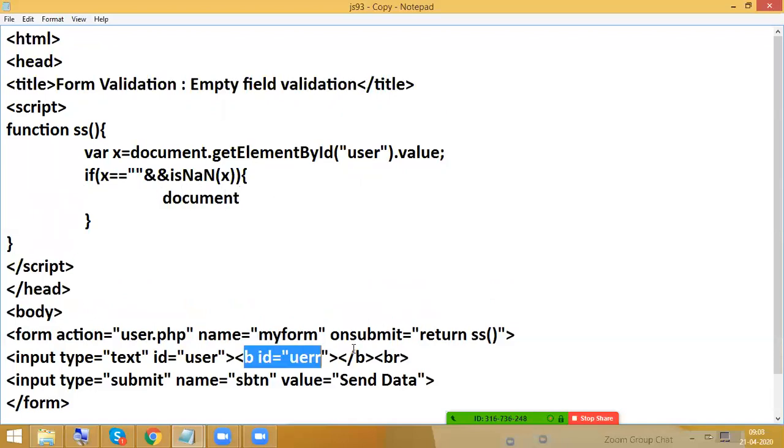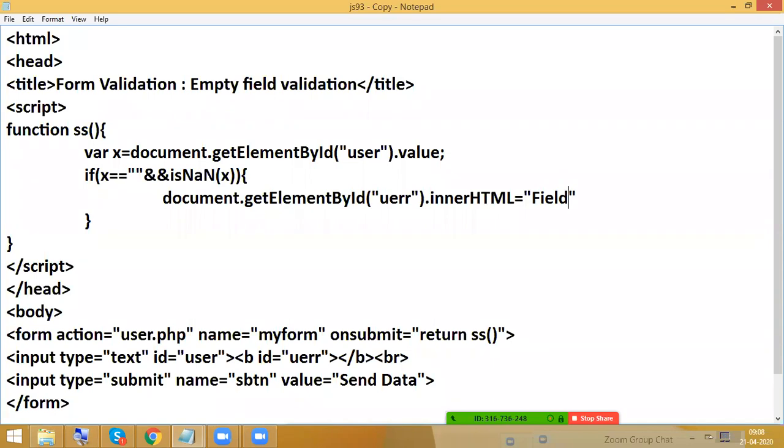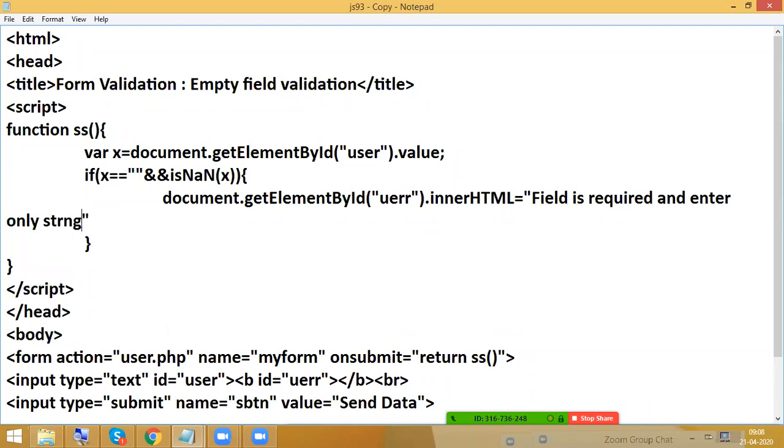You can use else-if or getElementById. So document.getElementById, what is the ID name? UERR, and innerHTML. I'm going to write "field is required", and "enter only string". If you enter other than that, it will not accept.